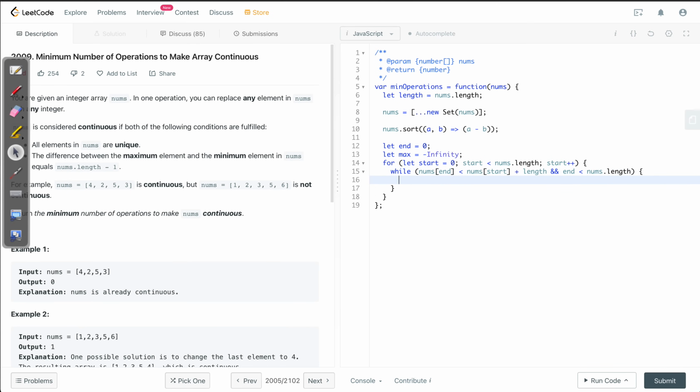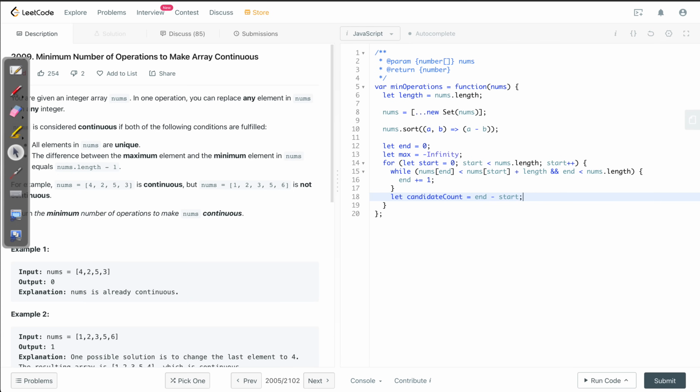While this is happening, let's just increment end by 1, and at the end of the while loop, let's update our max value, and let's update the candidate count. So candidate count would be end minus start.